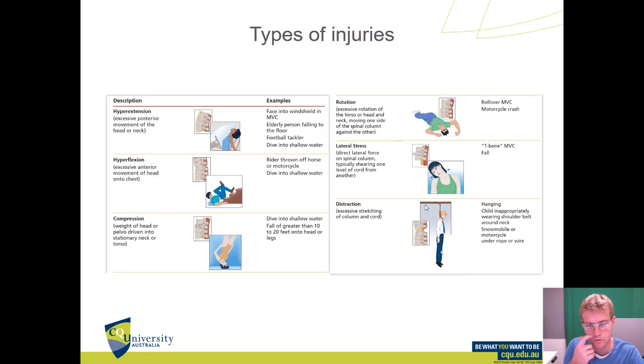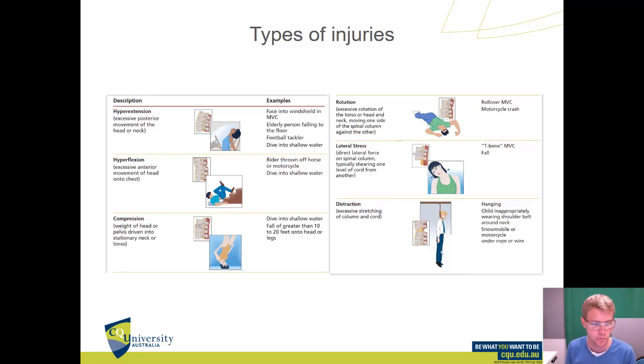And when we're talking about traumatic spinal injuries, there's a couple of different types as per textbook. So you have hyperextension injuries where your head is flexed right back. This is sort of like a whiplash injury, and that can crush or damage the rear aspect of your vertebrae or your spinal cord. Moving down with hyperflexion, which is the exact opposite. So your head being excessively forward, which can damage the anterior aspect, so the front side of either your cord